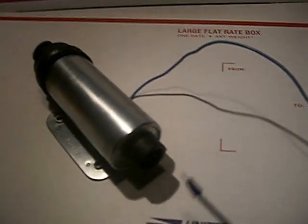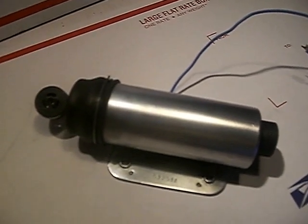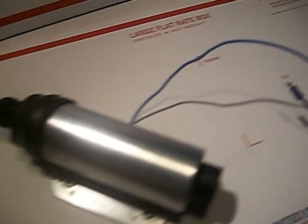I have it connected to a battery. I'm going to go ahead and actuate it for extension, retraction, extension, retraction. And this is the 1970 Cadillac power door lock solenoid activator actuator going to Mark Russo up